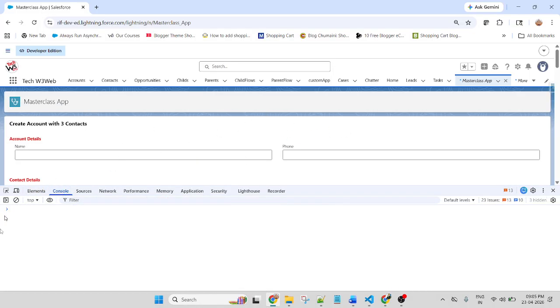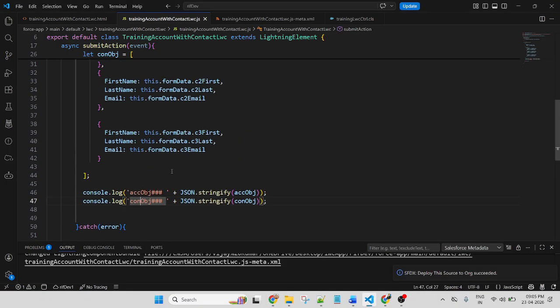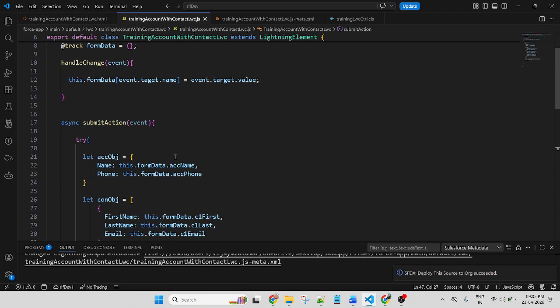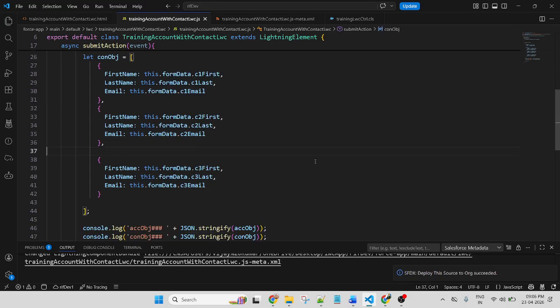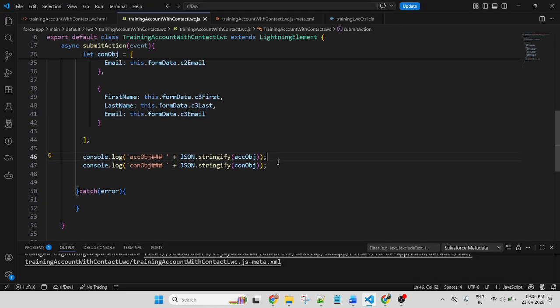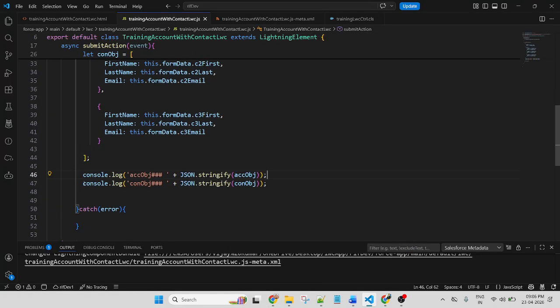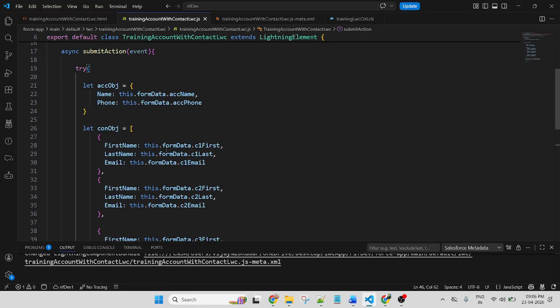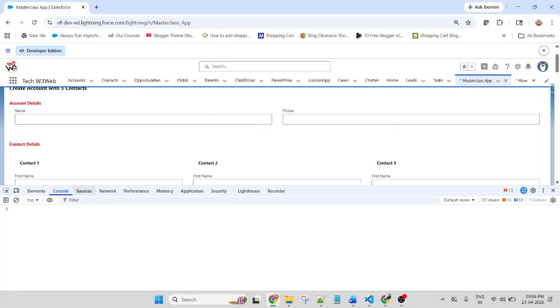Good. So now I am checking. I am passing one by one input with value inside this object. So before calling this object in the parameter, let me check whether it's working fine or not. So I'm passing console.log for contact and account.